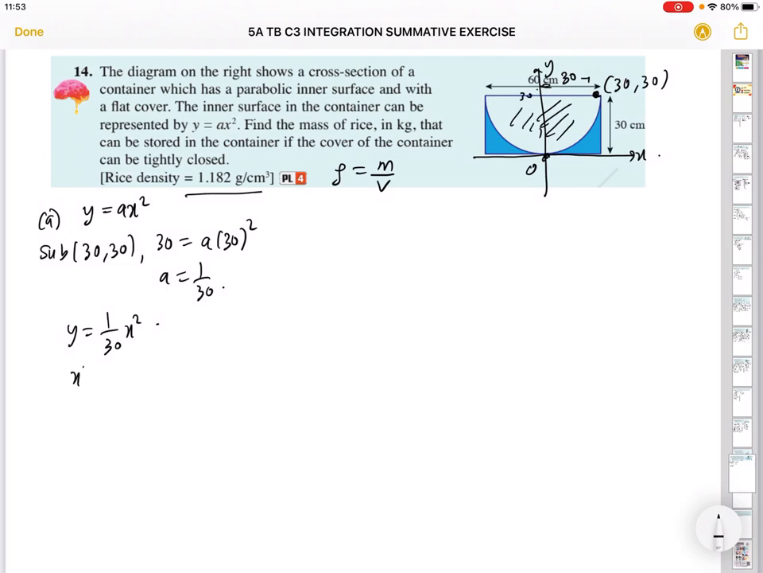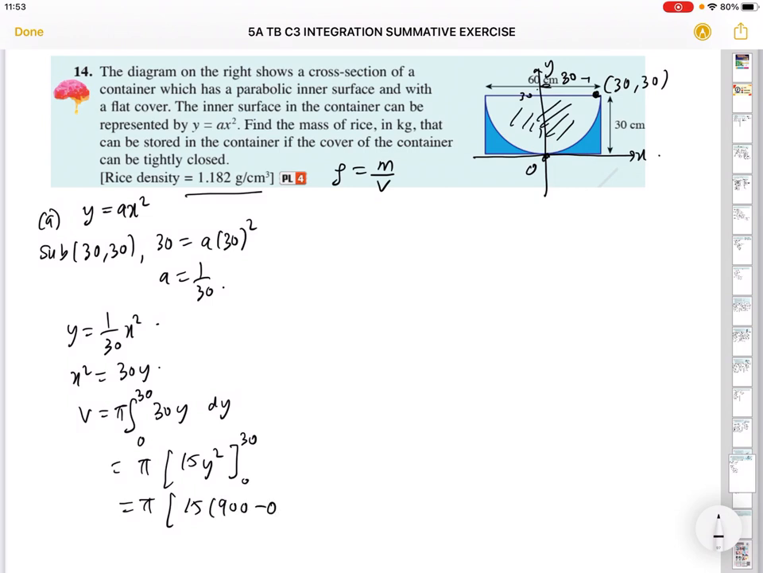Remember to put a pi. Yeah, we need to put a pi here. Lower limit is 0, my upper limit is 30. Okay, so maybe I'll just write pi here. This is 15y squared, from 0 to 30. Okay, let us put 30 inside. 30 squared, 900, minus 0. Okay, this will give us 13500 pi cm cubed. All right, so there's a volume, but it's not the